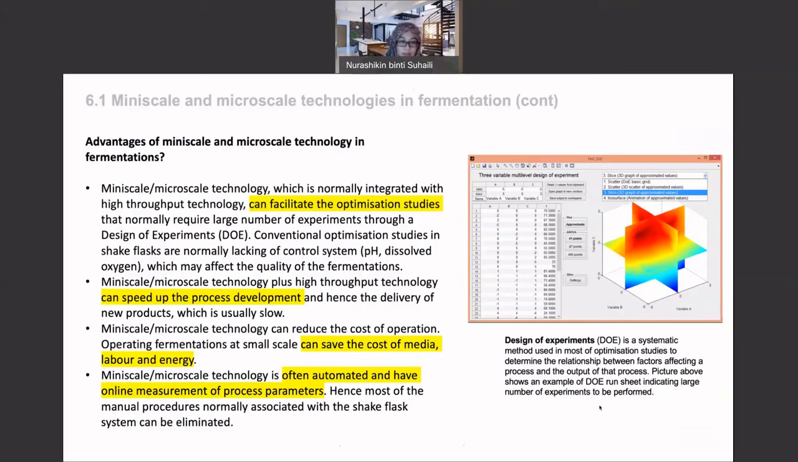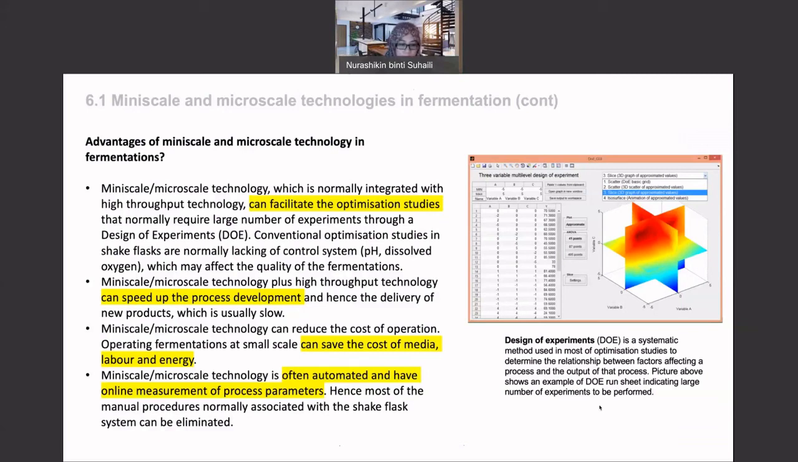Miniscale and microscale technology is often automated and has online measurements of process parameters. So normally these microbioreactors don't only have the microscale feature, but other things embedded together, like the high throughput concept and automation. When it is automated, it is connected to the computer, so you can actually observe or monitor the parameters online, even from your mobile. Yeah, I did that when I was doing my PhD. So it's very easy. You can monitor your experiments remotely, right? And that actually saves a lot of time as well,